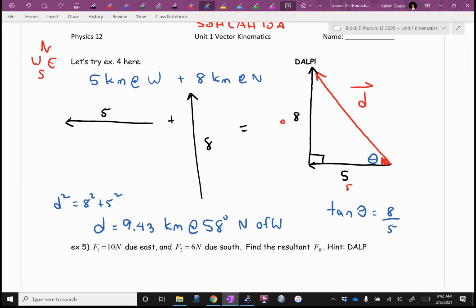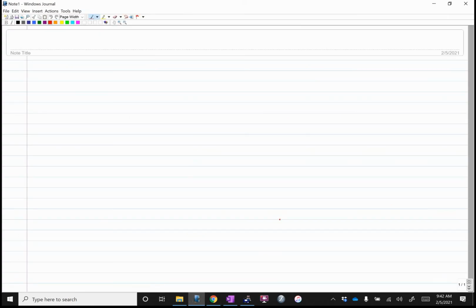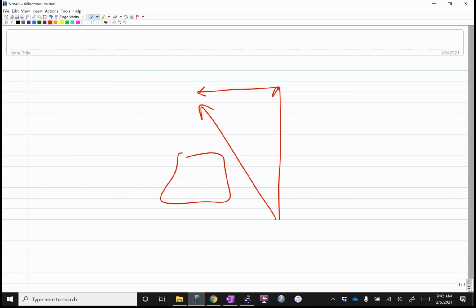When you're adding things, does the order matter or do you get the same answer? Same for vectors. When you're adding, order doesn't matter, but we went 5 west plus 8 north. It's possible that Elias might have gone 8 north plus 5 west. You would have gone like this and like that. Your triangle would look a bit different, but the resultant looks the same as what you ended up drawing. When you did Pythagoras, you would get the same value here of 9.43, but when you found angle theta, you would have found